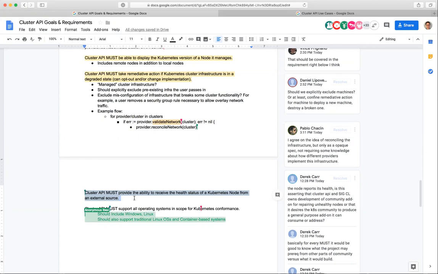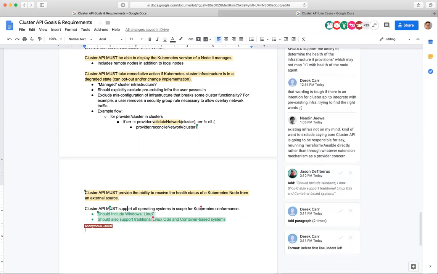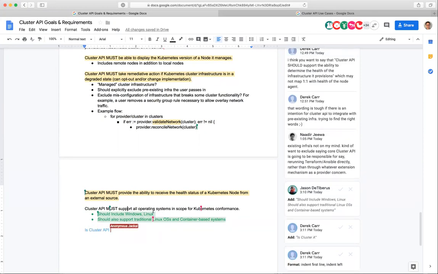I didn't understand that. There were people talking over each other, but I was suggesting to add that as a use case and link that to this requirement. I think that's completely okay to add it. Okay. Is this a case of support, or would this be better phrased as agnostic to the operating system layer? It's really about, like, if Kubernetes can run on Windows, Cluster API must be able to provision a cluster on those platforms that Kubernetes supports.